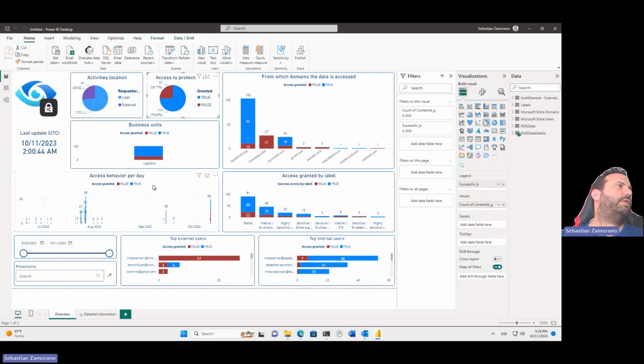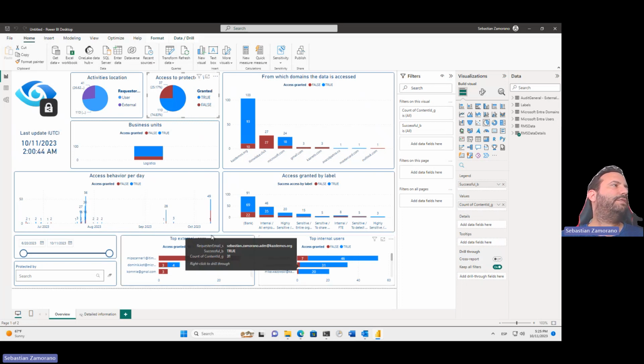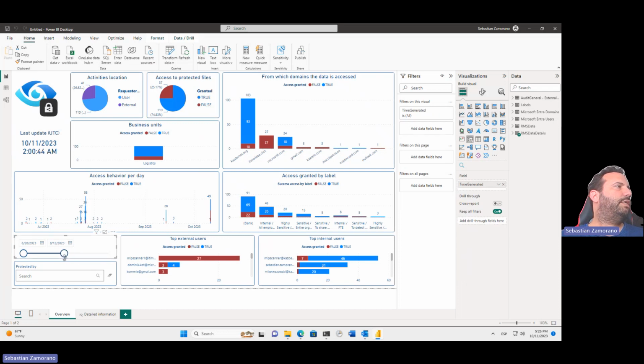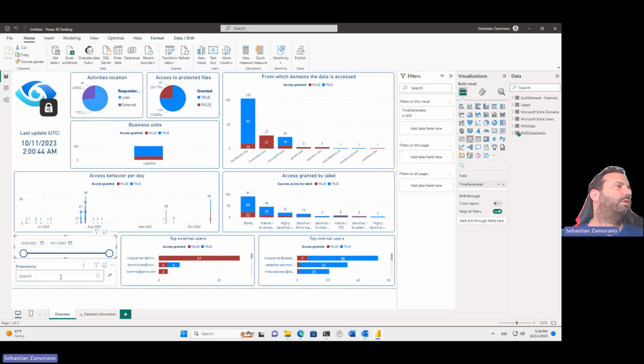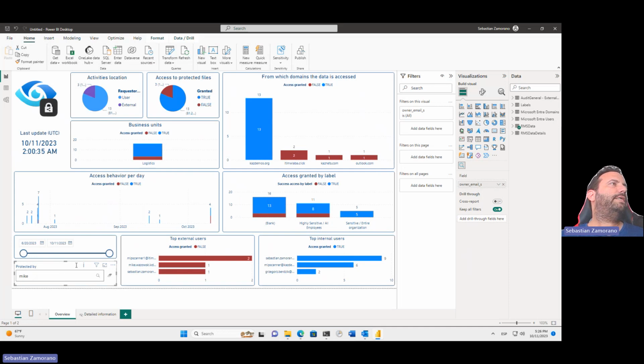Now, this is very important, the access behavior per day. This permits us to identify some anomalies, or maybe in some days, a lot of access denied. We can use the top external users, top internal users accessing the data. You can see the data by date. You can filter, or you can see if someone was protecting the data and see who was trying to access